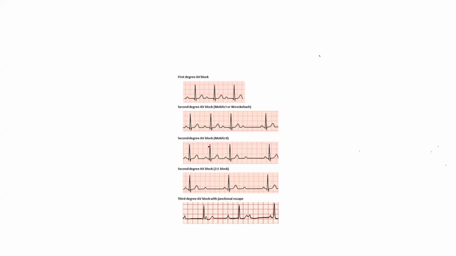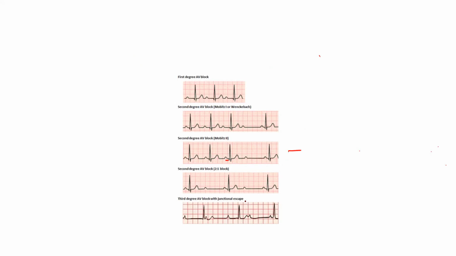In second degree heart block Mobitz type 2, the PR interval is normal, normal, normal, but occasionally one P wave will not be followed by a QRS complex. All the QRS complexes which are conducted from P waves will have a normal PR interval. Do you understand this point? Yes, sir. All the conducted P waves and QRS intervals will be of normal duration, but occasionally there will be one dropped QRS, which is not following the P wave. When you have this type of picture, it is going to be Mobitz type 2.